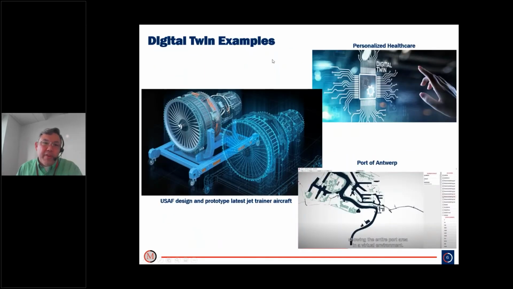So across industries, we see a number of digital twin examples. On the left-hand side of the chart, you see that the United States Air Force is designing and prototyping jet trainer aircraft to better inform their future pilots how to make best use of the aircraft's capabilities, and all this is done digitally. Personalized healthcare on the upper right, they are looking to see why, for example, medications fail for